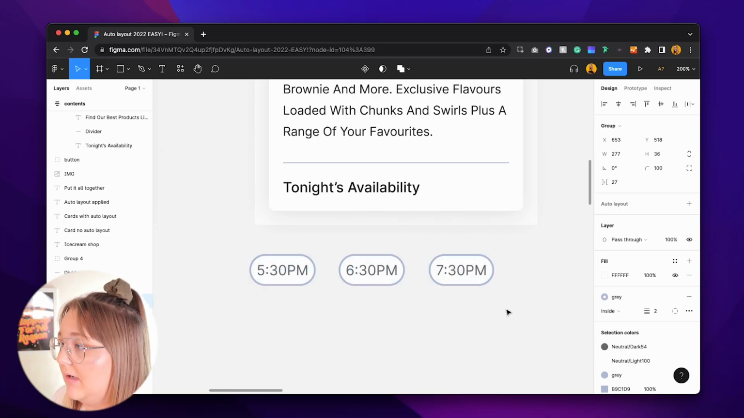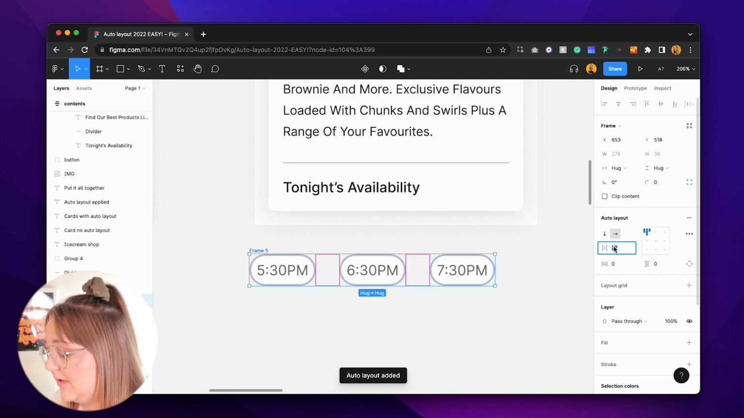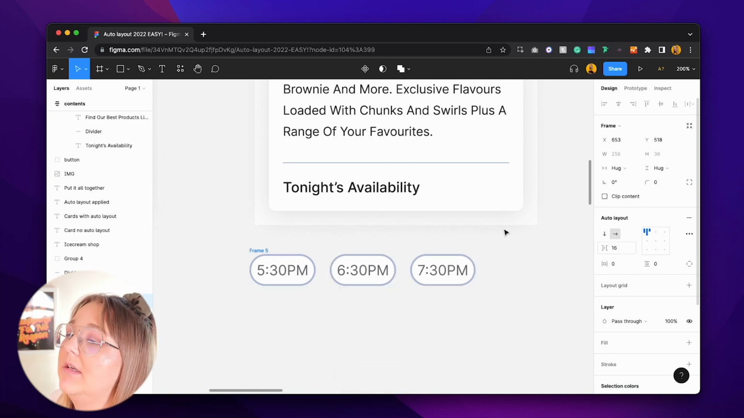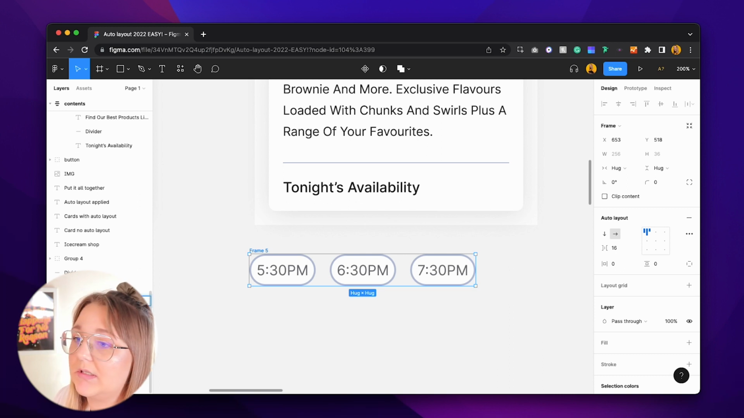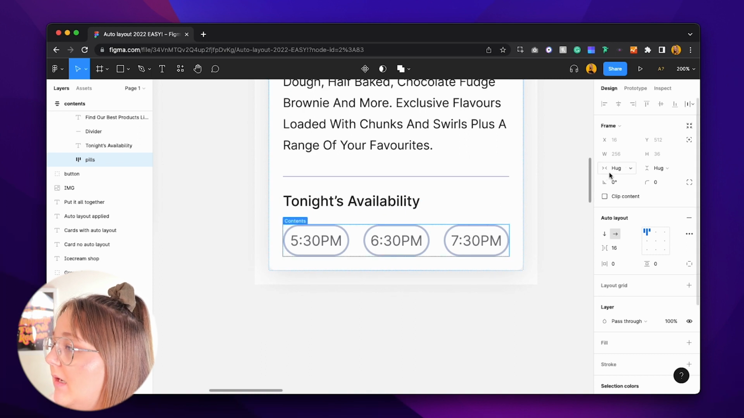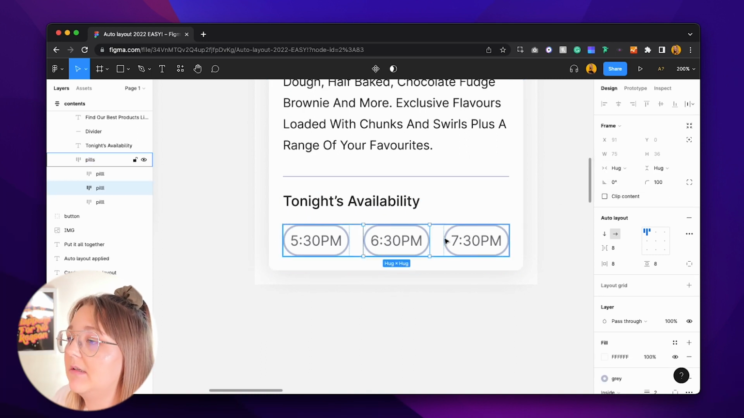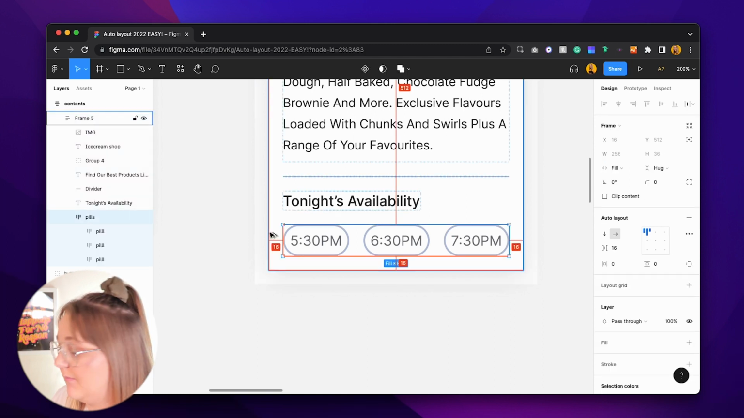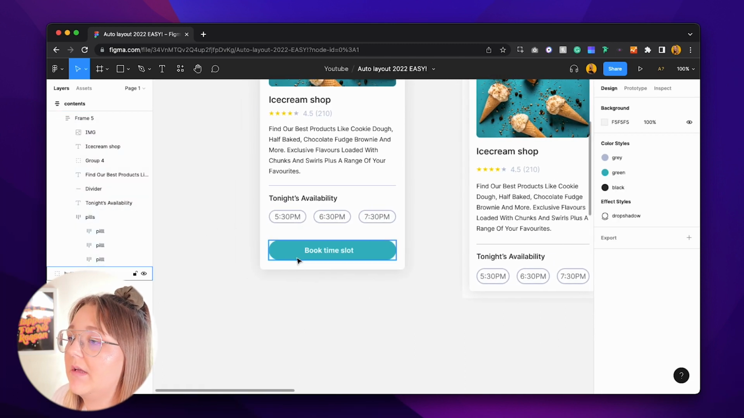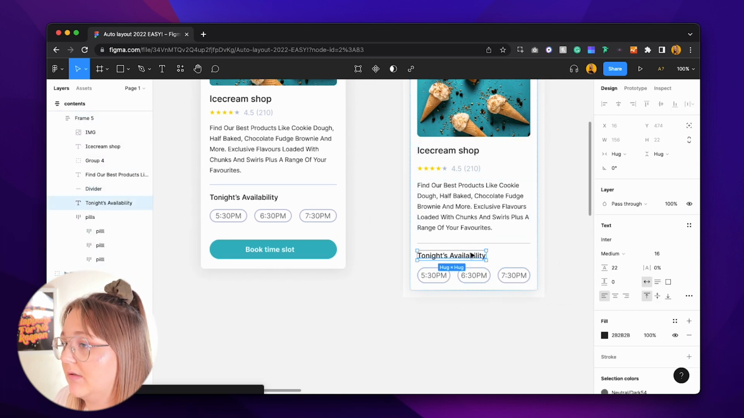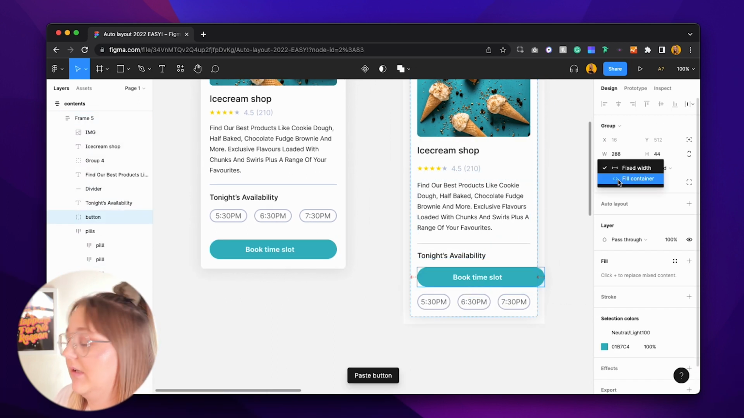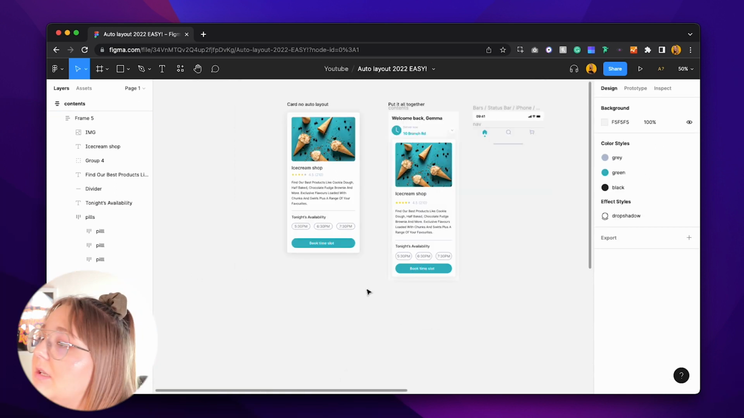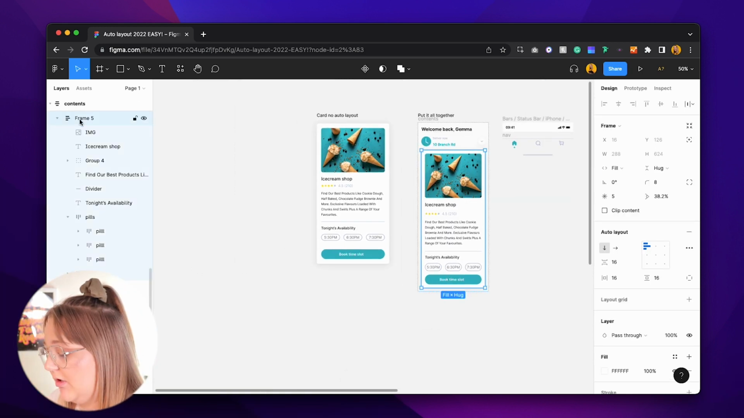And then, like I know you're going to guess it, we're going to group it. And then we're also going to add an auto layout to that. And we want that to be 16. Okay, and then we'll rename that to pills. So now we can drop this in as well. And we want it to fill container. So now it fits lovely in between everything. And then we also want this button, so we'll drop that in as well and fill container and drop that underneath. So now we have a nice ice cream card